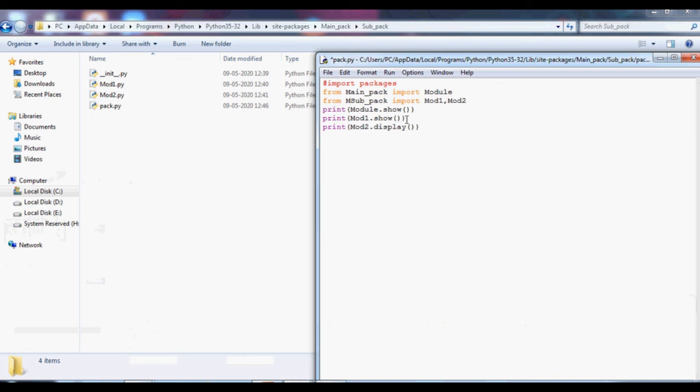So main underscore pack dot. Inside the main pack I have a sub pack, so I should call it using a dot operator.